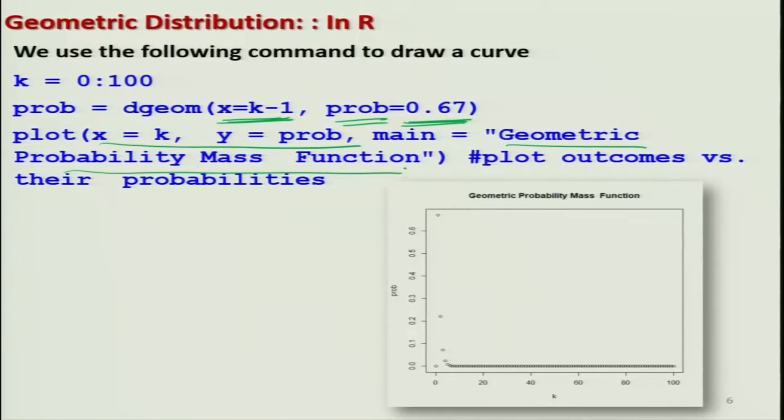So, if you try to see here, this plot will come like this, that initially the probabilities are like this, but after some time they will become almost parallel to the x axis, close to 0,